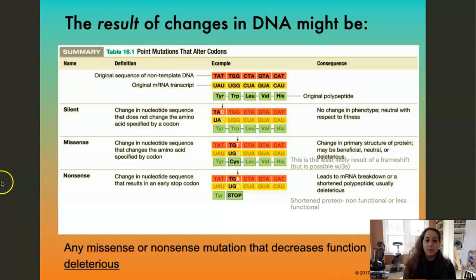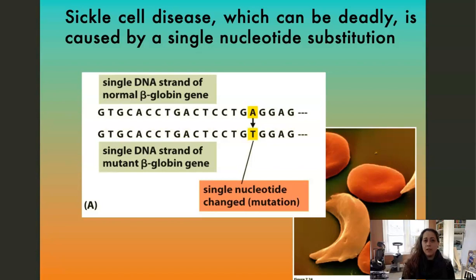So we've been talking about mutations in DNA, and I'm going to discuss today a specific disease that's caused by a single mutation in DNA. This disease is sickle cell. Sickle cell is a serious disease which can be deadly if not treated, and even if treated, it can be deadly, and it's caused by a single nucleotide mutation that causes an amino acid change at a crucial part in